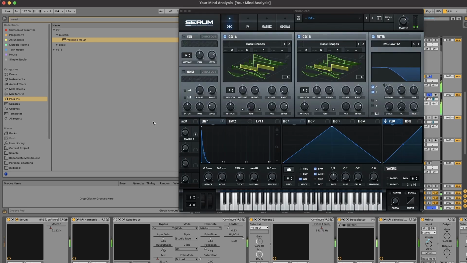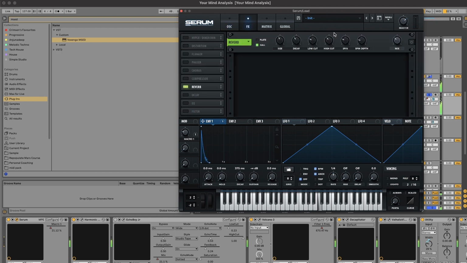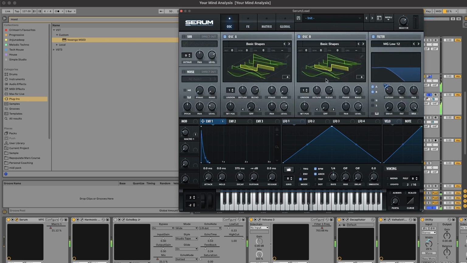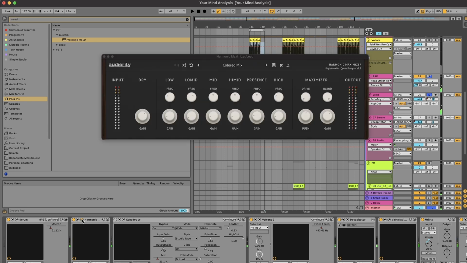The way I've set it up is both of them are square waves with a very tight envelope going on the cutoff with the MG Low 12 filter, and I have no effects, I'm using it directly through Serum. But then I am using this harmonic maximizer, which is a saturator, to add almost an analog sound to this specific lead. So without it, this is how it sounds, and with,